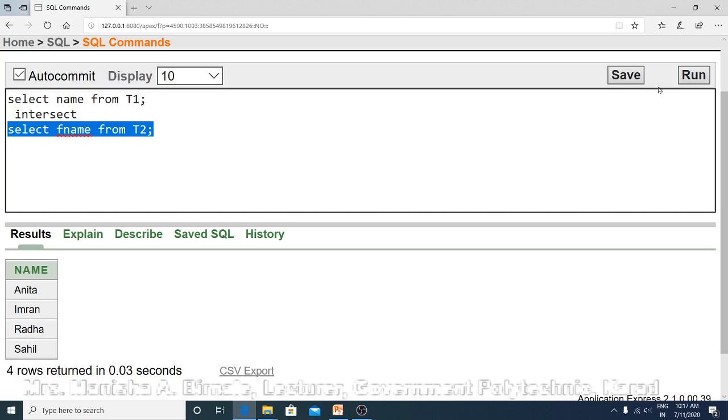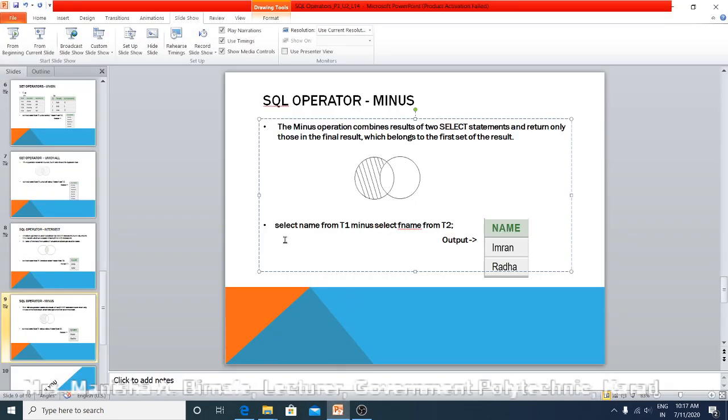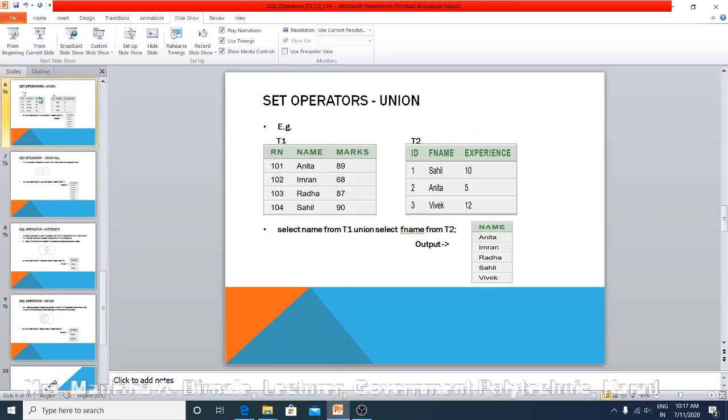And then the contents of the app name column from the T2 table. Here Sahil, Anita and Vivek. So these are our two tables. So how will the minus operator work? It will include the records which are present in the first table but not present in the second table.